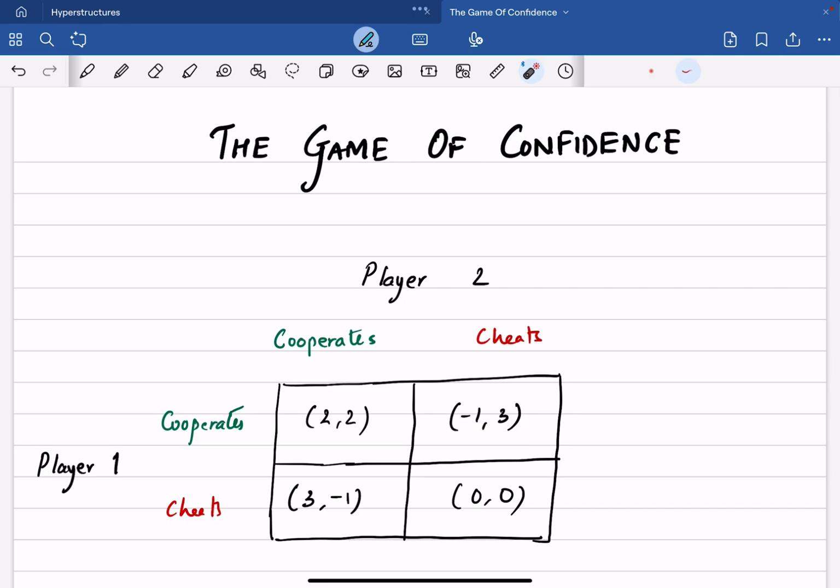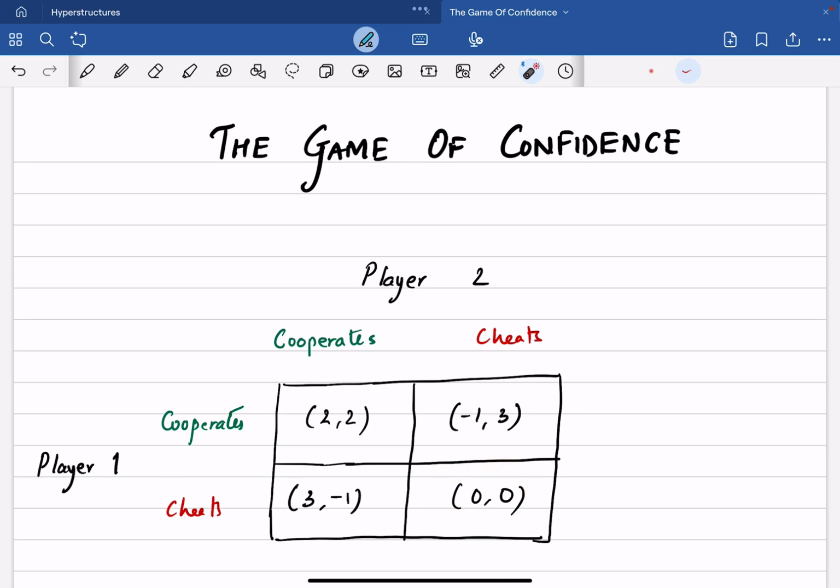And if player two cheats, then if I cooperate, I lose a point. And if I cheat, then nothing happens. I don't gain, but I don't lose either. So if player two is cheating, then my best strategy is to cheat, and the outcome would be 0-0. So regardless of what player two does, if I want to maximize my gain in each situation, I should cheat. And the same symmetric reasoning applies to the other player as well. So they want to cheat as well, and therefore the outcome that everyone ends up with is 0-0, which is